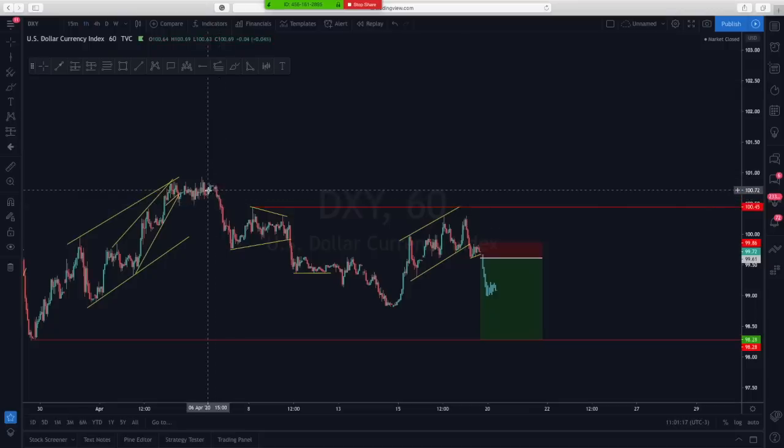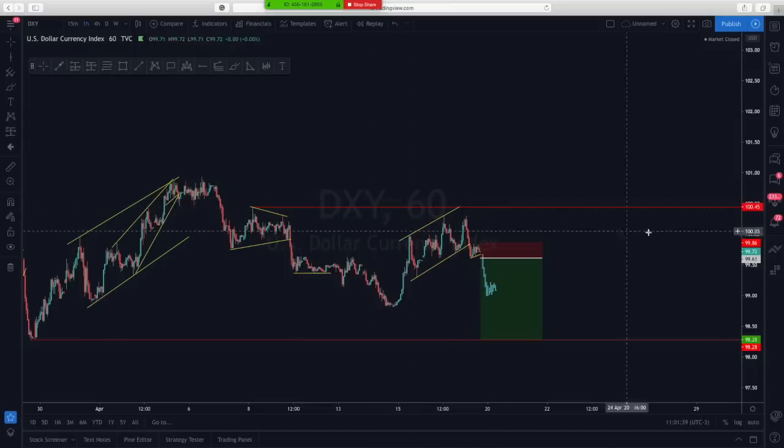And so since the dollar index is dropping, USD pairs will be looking for, yes, that's how it works. That's how we actually use the dollar index. If there's a pair that includes the dollar as the quote currency, there's a higher chance of that pair going to the upside, meaning the dollar is dropping and the base currency is going to the upside.